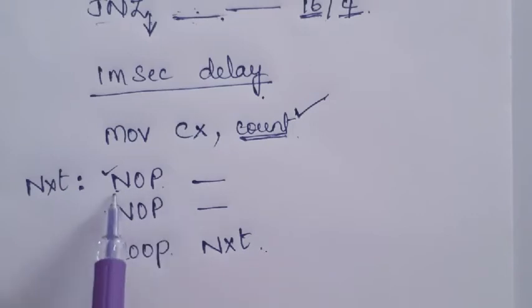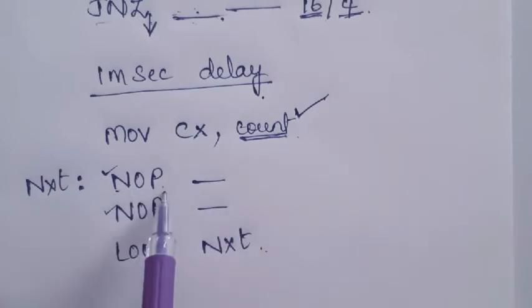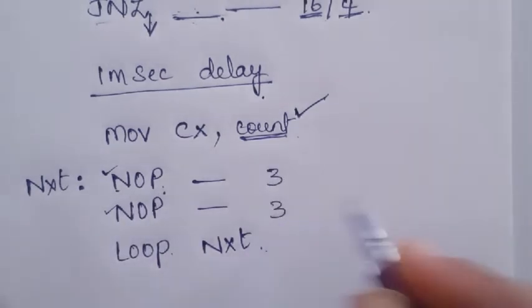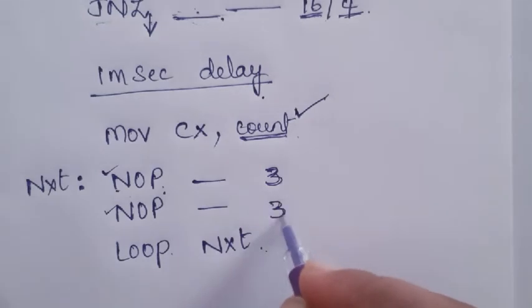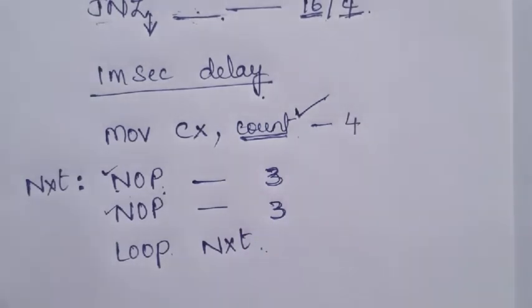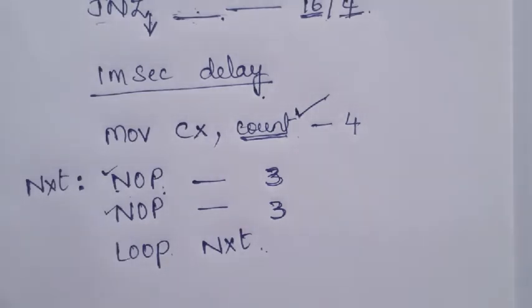This instruction gets executed, nothing happens when this instruction gets executed. It takes 3 clock cycles. The processor takes 3 clock cycles to execute this particular instruction. For this particular instruction, the processor takes 4 clock cycles. You can verify this from the back side of the textbook, it will be given in the textbooks. You can verify these clock cycles for those instructions.